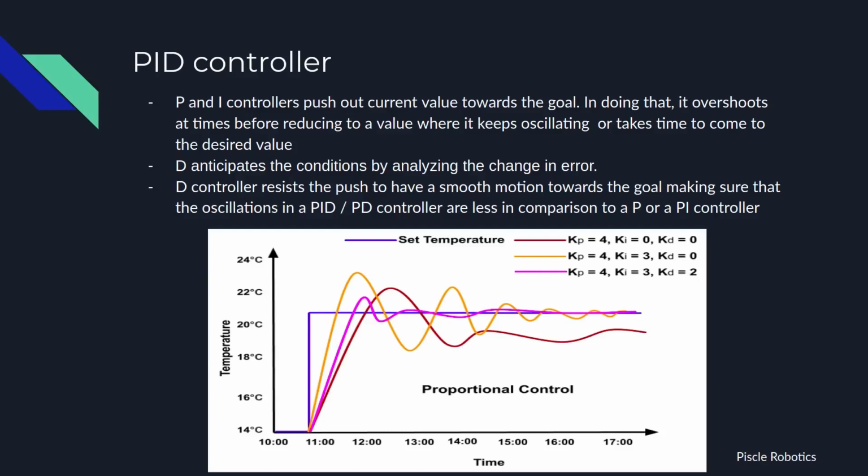controller. Yes, this might differ with different systems with different values of P, I, and D, but this needs to be checked out, and the performance of the system will be very different for different values